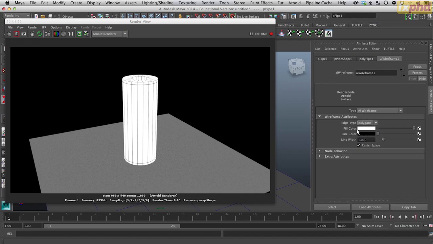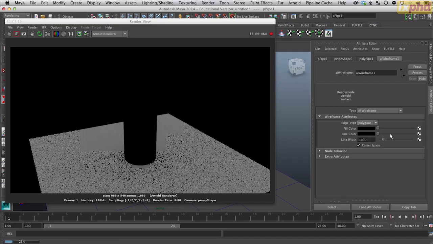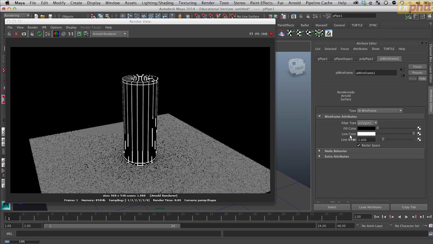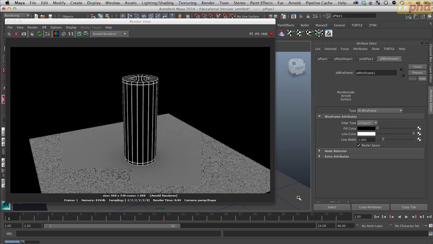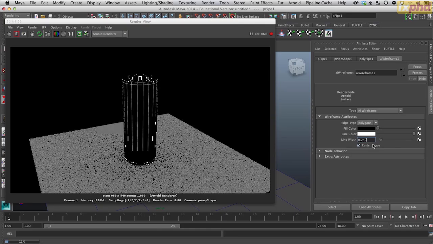We have the fill color, which is obviously the middle color, so I could go ahead and make that black, for instance, and the line color I could increase and change from a black color to a white. So we can do all those kind of things, and we can also affect the thickness of the line. So everything is very straightforward there. You can see a thickness of 0.25 or just a value of 0.5 if you wanted it a little bit